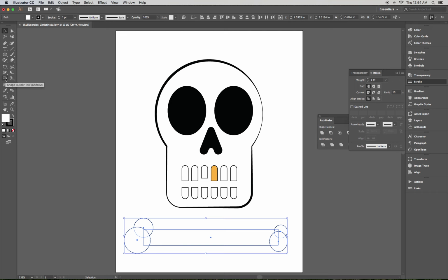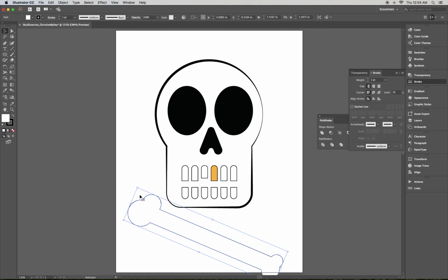And then you're going to choose the dead snowman, also known as the shape builder tool. And you're going to go ahead and just scribble through all those shapes. You have to make sure that you get every single one of them. And it's going to create a single shape now, which we can then select with our selection tool, and we can rotate it,